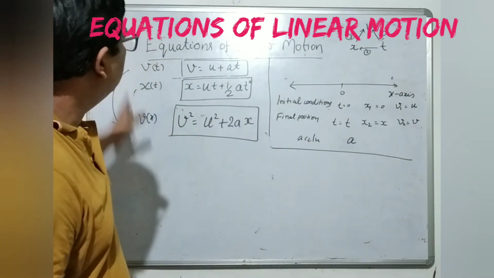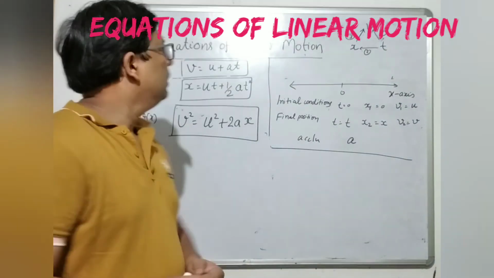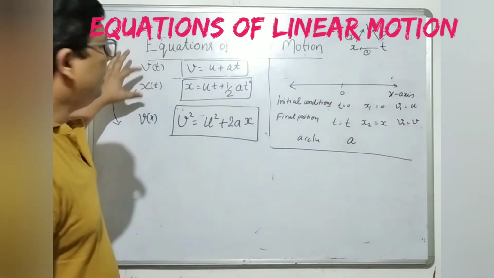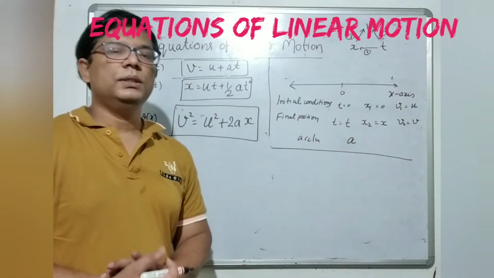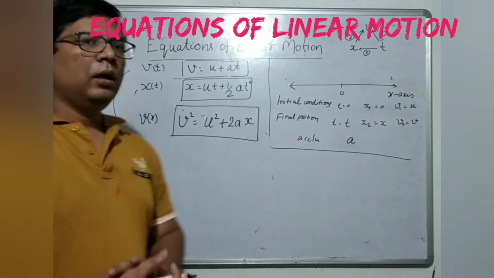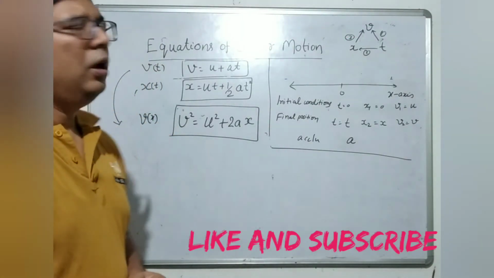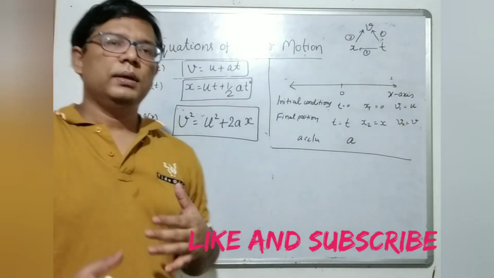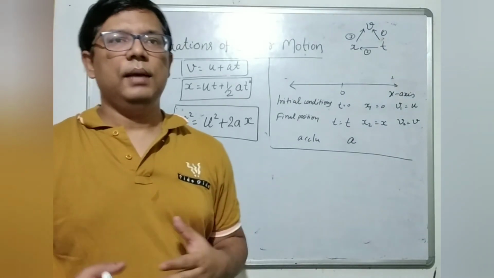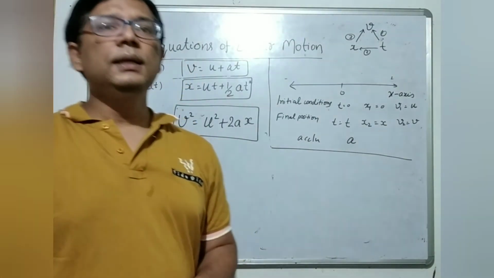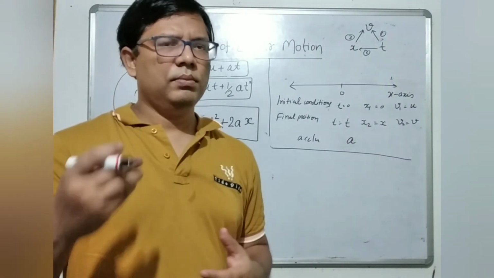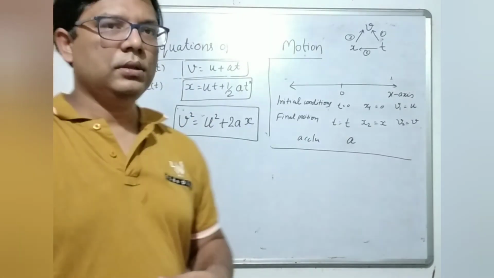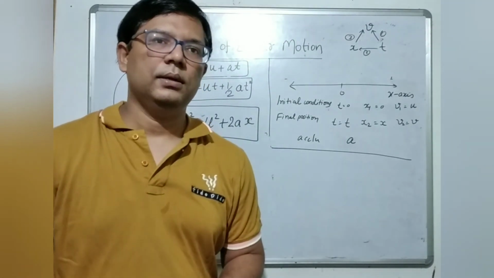So these are our equations of linear motion. The first equation gives the relation between velocity and time. The second gives the relation between position and time. And the third gives how velocity changes with respect to position. So these three equations we have achieved. We can get these equations very easily if we have some understanding of differentiation and integration. So we will cover the concept of integration, and then we will derive these equations again in terms of differentiation and integration.